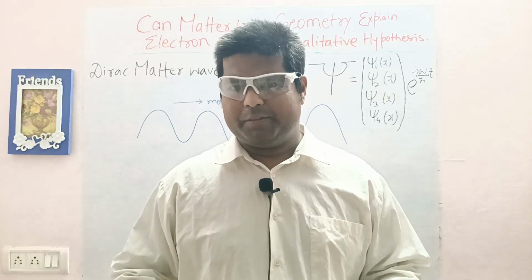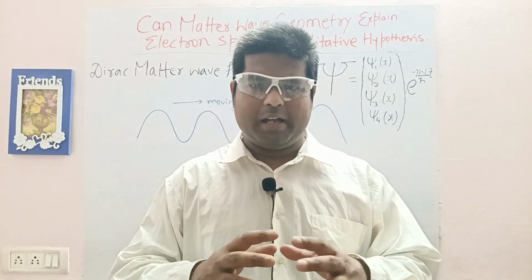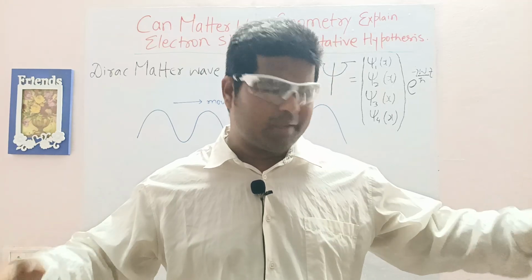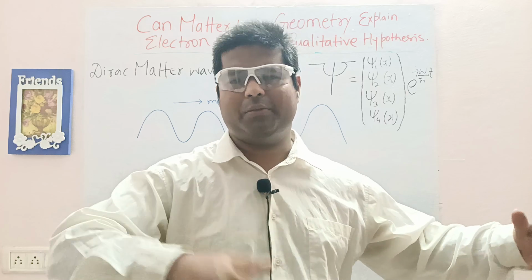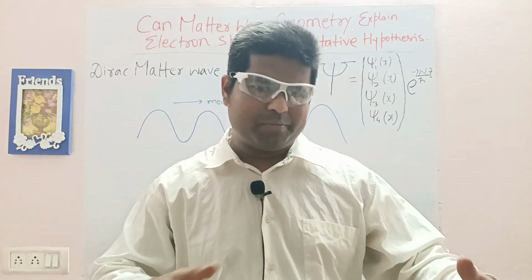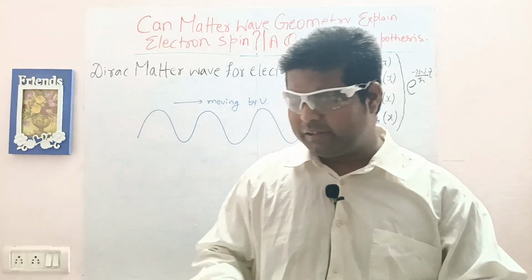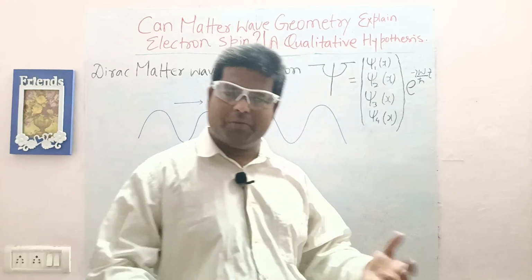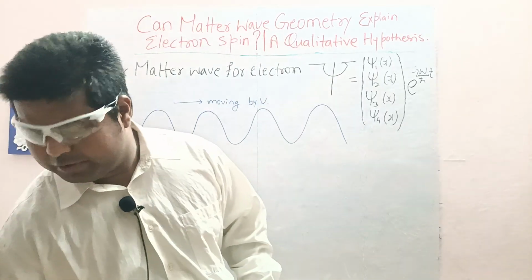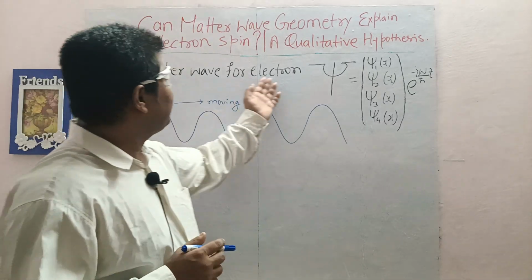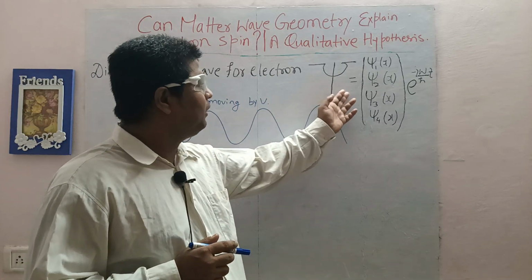And there I explained that the electron has a longer wave-like structure, that is a longitudinal type of wave, and there's a transverse-like wave over it in transverse motion, and that makes 1 by 2. I had explained everything there. These are my works. These are not proven research theory. Now see, today I'm going to explain that this is the Dirac matter wave for electron,